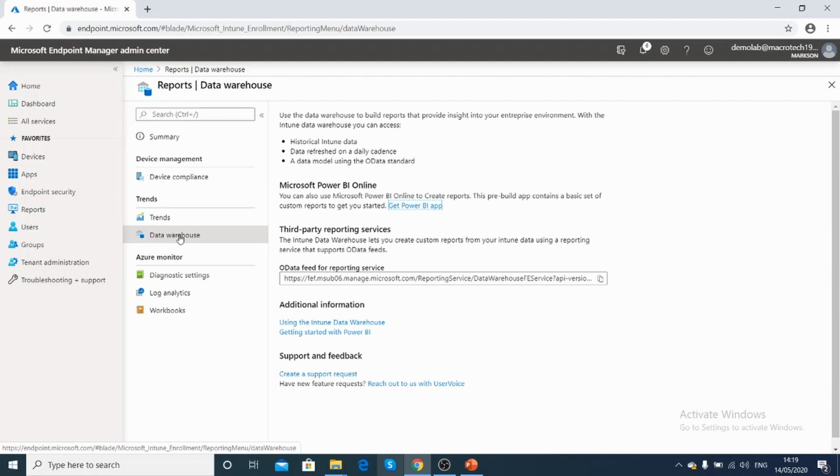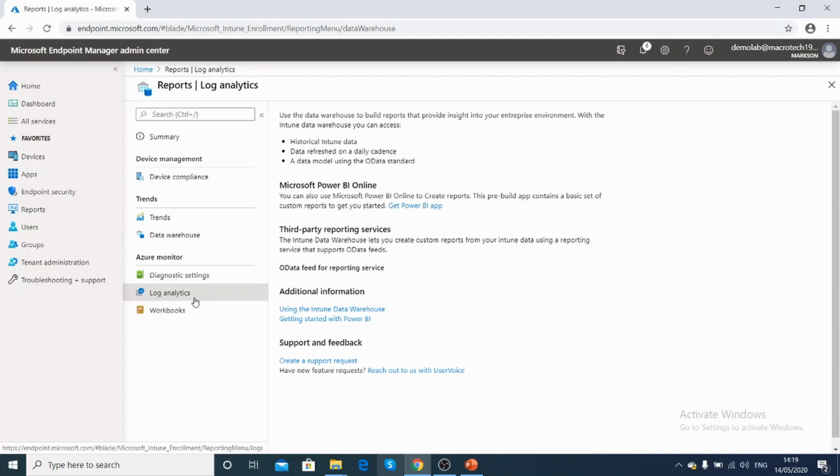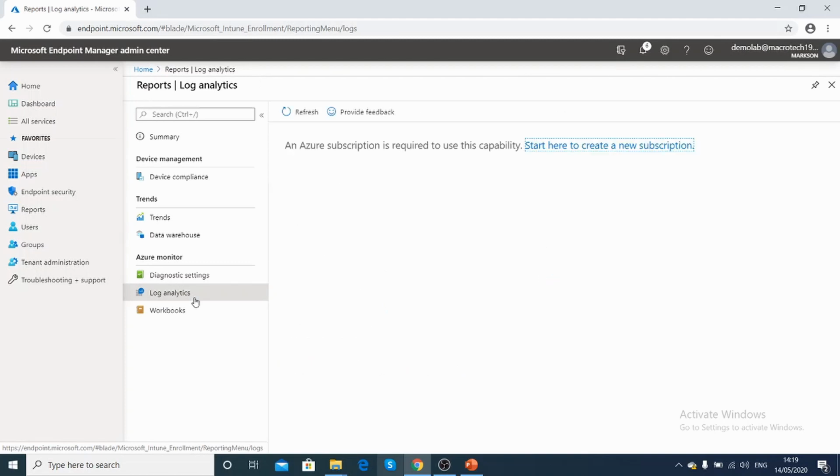So for that specifically, they have given a data warehouse integration, and also we have Azure Monitor, in which you can send all the logs that are created under Intune. But for doing this, you need a subscription. So once you have a proper subscription, all the data will be forwarded to Azure, and it will get analyzed at the Microsoft level. So you can make use of that option.